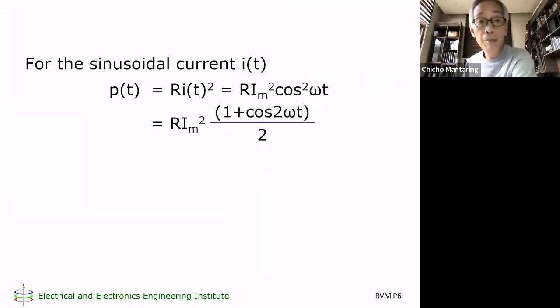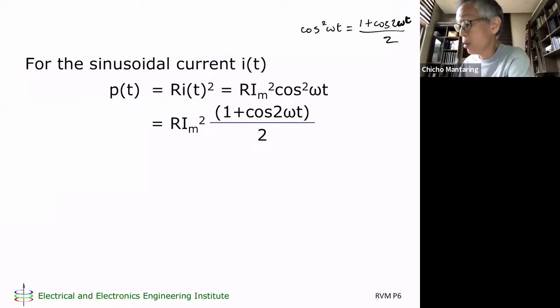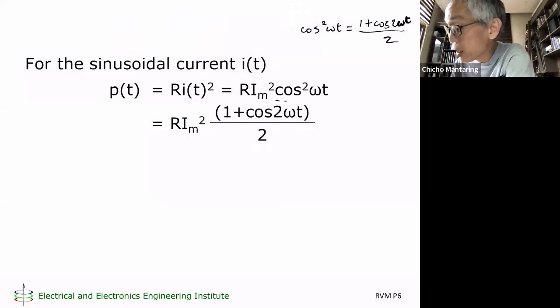Okay. Mathematically, we can determine that. Why? Because for cosine squared omega t, you have a trigonometric identity. This is 1 plus cosine 2 omega t all over 2. So actually, your power expression is equivalent to this, and the average of this